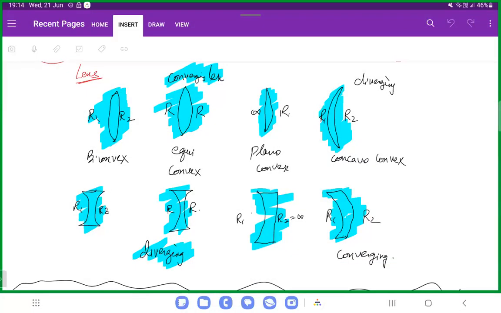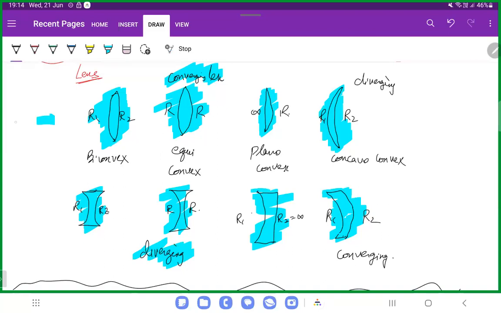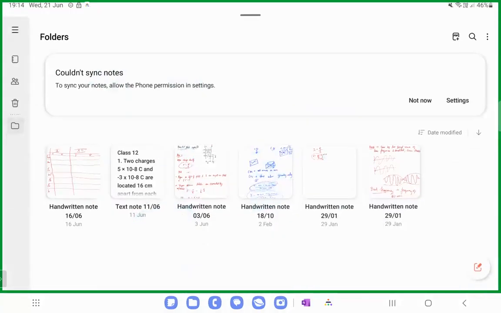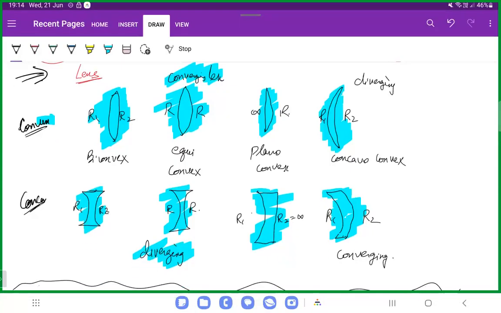In lenses, there are two types, convex and concave. This is our new topic of ray optics. So convex and concave. In convex,